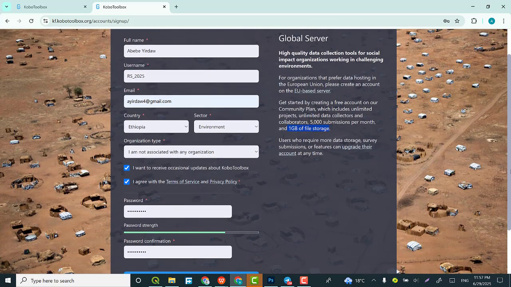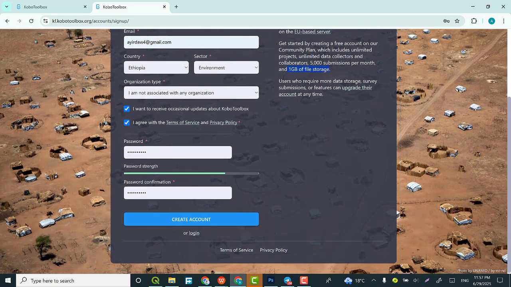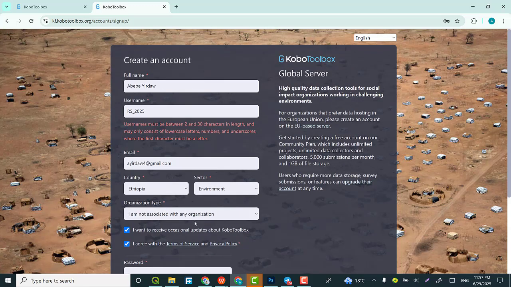So this is the great opportunity to make our data digital. Then go to create account and hit. Once you create an account, here there is